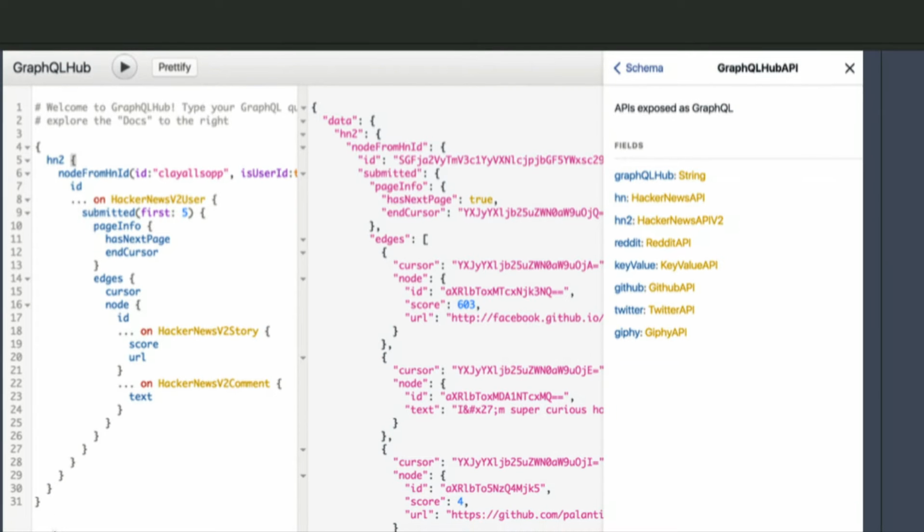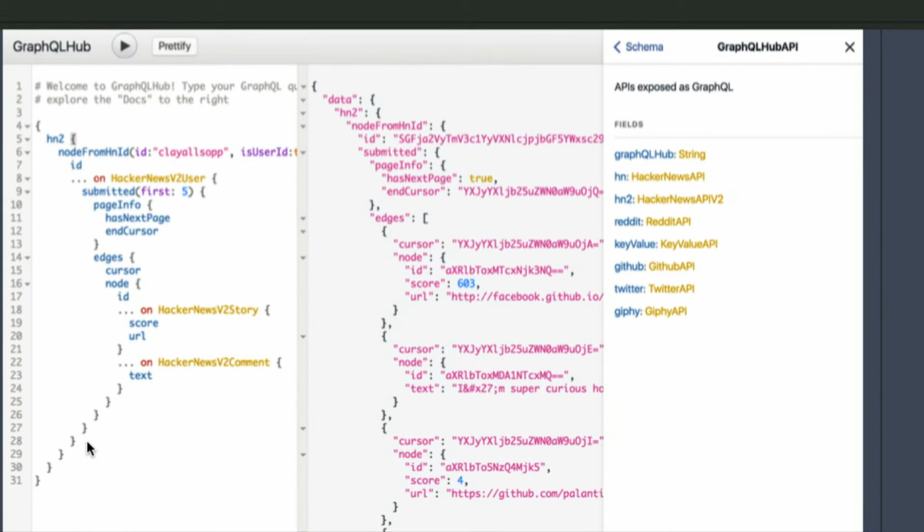We've demoed a lot of GraphiQL, and this is an example of GraphiQL using the Hacker News schema that we have. So you can see that we're getting a bunch of data from Hacker News, a bunch of posts. We're getting the authors. We're getting all kinds of really awesome data. On the side, you can kind of see the different APIs we offer and how this is part of the schema. I won't go into too much depth, but it's fun. You should play around and put in your own Twitter handles or Hacker News handles and see what's out there.